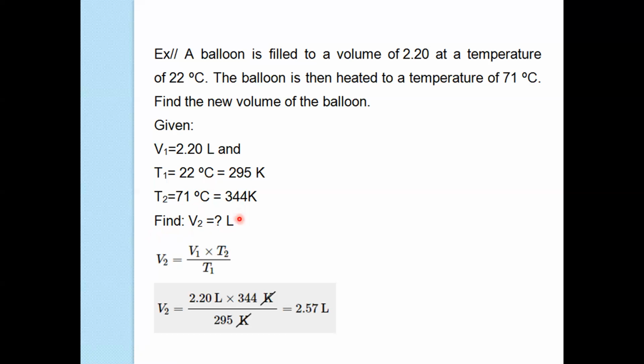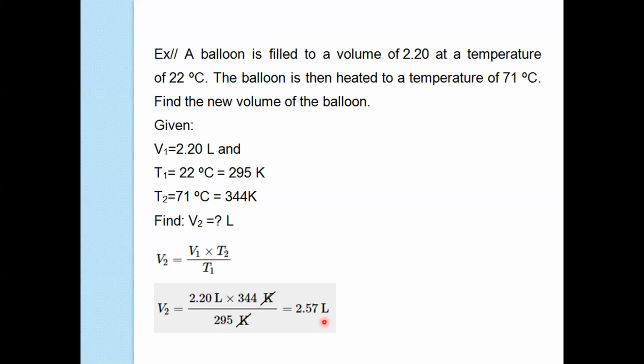And what do we have to find? We have to find the final volume. So we have to plan the problem and rearrange the equation to find the final volume. V2 equals V1 times T2 divided by T1. And now we have to substitute the known quantities into the equation and solve. We cancel the units and calculate our result, which is